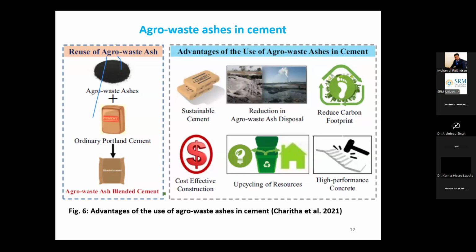So basically, the advantages of these agro waste ashes in cement are highlighted in this study: for the production of sustainable cement, in terms of cost effectiveness, in terms of carbon footprint reduction, in terms of high performance of concrete, or upcycling of resources, we can use such byproducts which are available with us. We know that we are using fly ash these days, or steel slag, in the cement industry. Yes, it is good to use fly ash, but if we see in the long run that